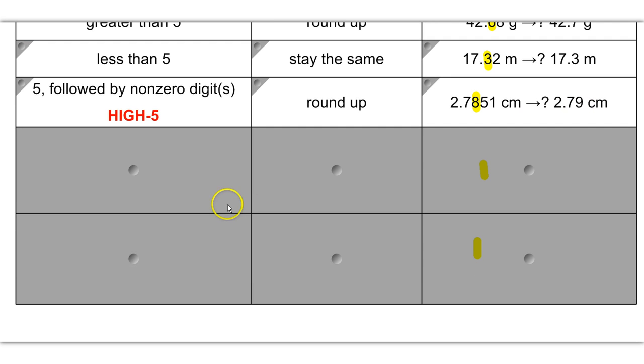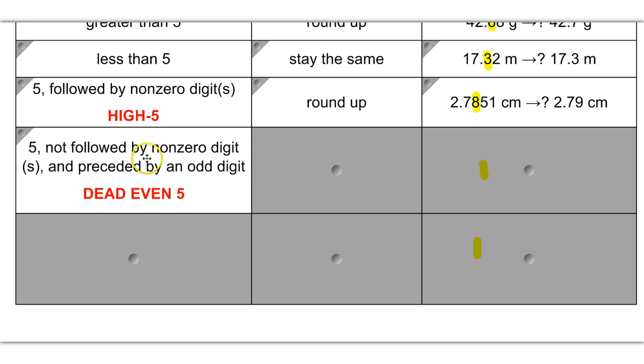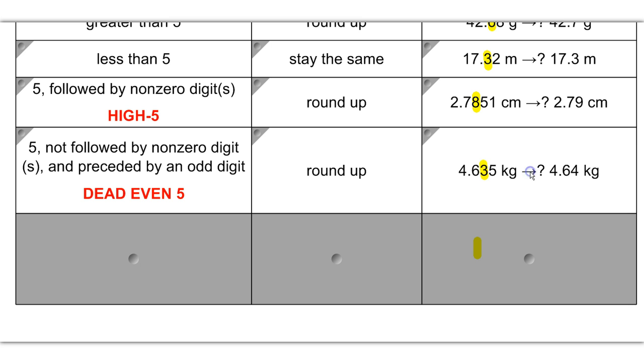Now, the other option is if you have a dead even 5. So a 5 not followed by non-zero numbers, and preceded by an odd digit, is a dead even 5. So half the time we're going to round up, half the time it's going to stay the same. In this example, 4.63, do we keep the 3? Do we round it up to a 4? It's followed by a dead even 5. So since 3 is an odd number, I'm going to round it up to be an even number,